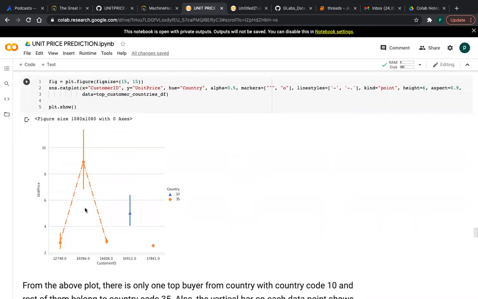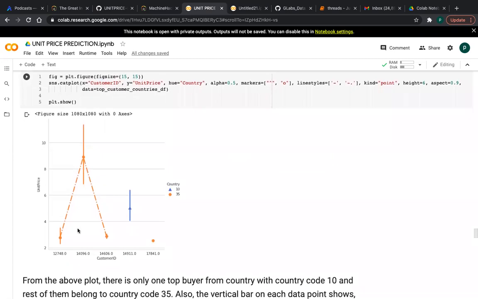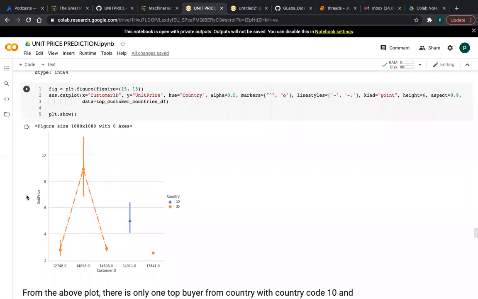So see, friends, this is the categorical plot, where x is the customer ID and y is the unit price. From these customers, we can see the unit price, because we want to know which customers are buying costly products, which customers are buying less costly products, and from which country the customers are buying more and from which country they are buying less.